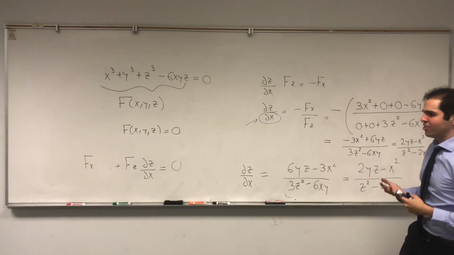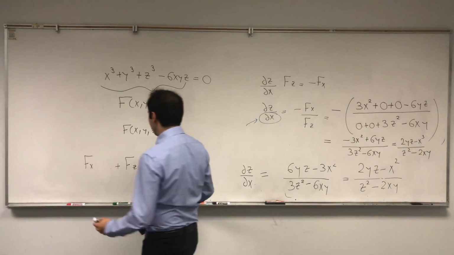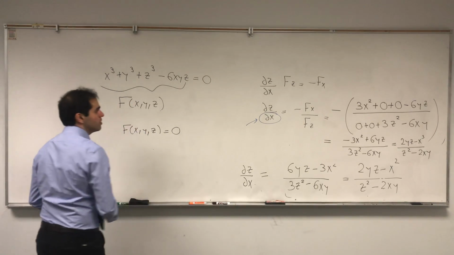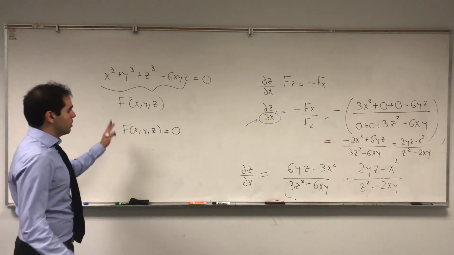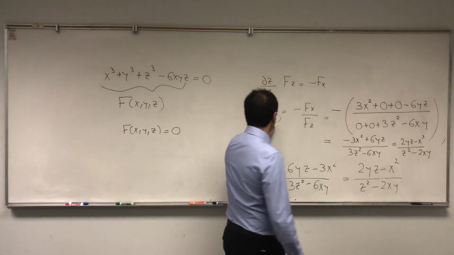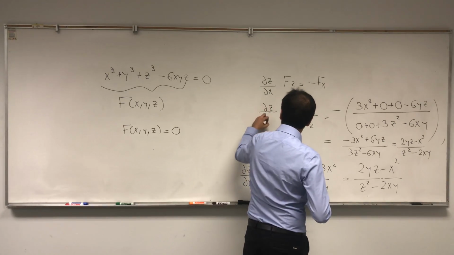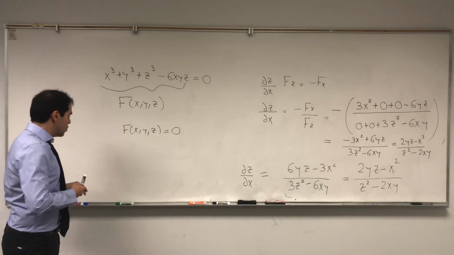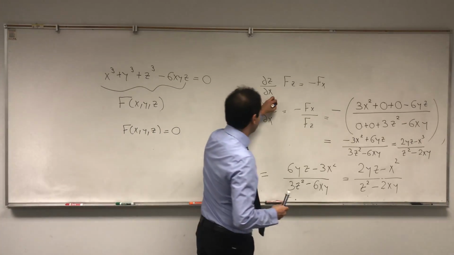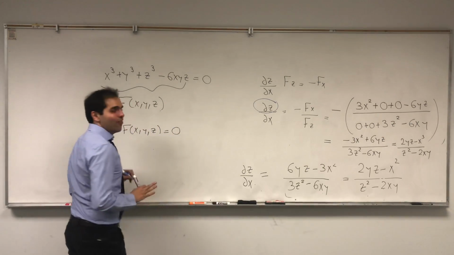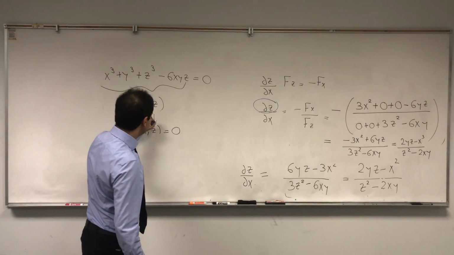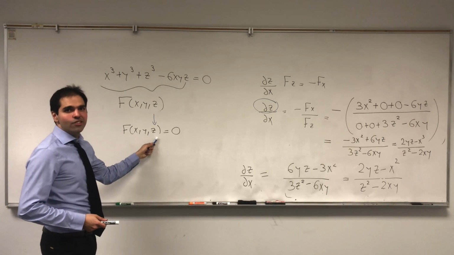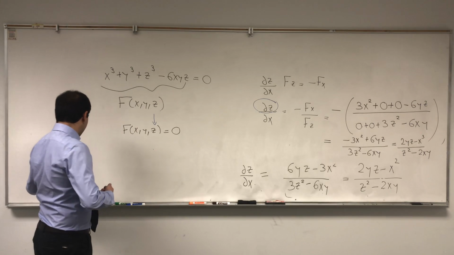So the implicit function theorem says, if the derivative of f with respect to what you want to solve for... no, sorry, you want to solve for z. Remember, what we had here, we wanted to find dz over dx, so we wanted to solve for z with respect to x. And what the implicit function theorem says is, if the derivative of the function with respect to what you want to solve for, here z, is not 0, so again, implicit function theorem,